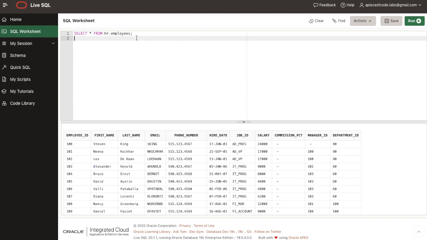In order to do that, I will write select, and I will select first name, last name, salary,